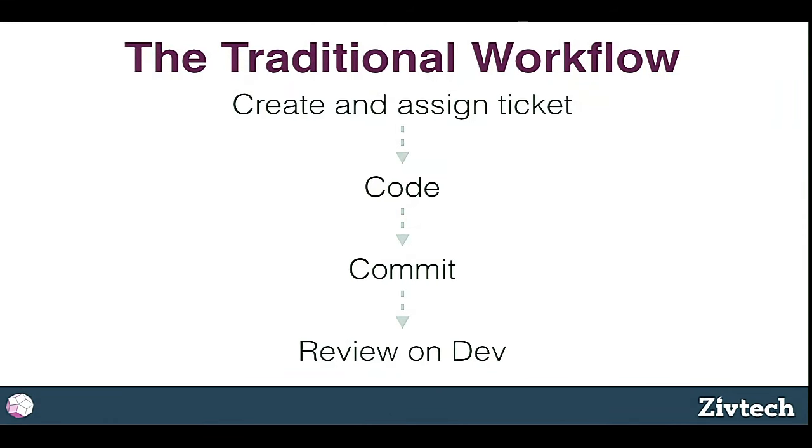So I think the traditional best practice Drupal workflow is first you create and assign a ticket. You better be using some ticket system to keep track of what needs to be done and what success looks like. If your ticket doesn't describe what needs to be different about the world to call this thing finished, fix that. You go off and you do some code. You commit that code. You push it up. If you're using Acquia or Pantheon or you've got your own Jenkins set up, that probably auto-deploys into some dev environment. And you go and see if it's broken.